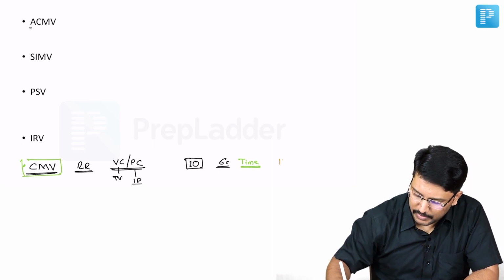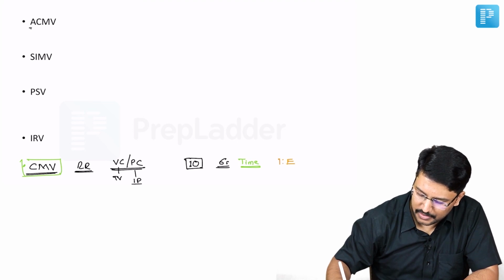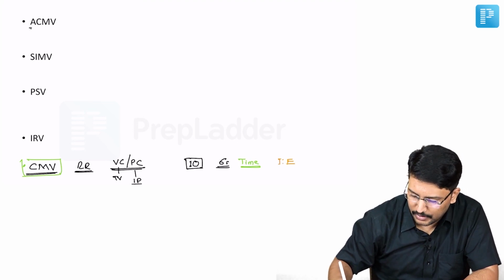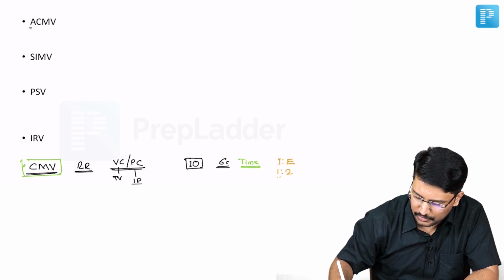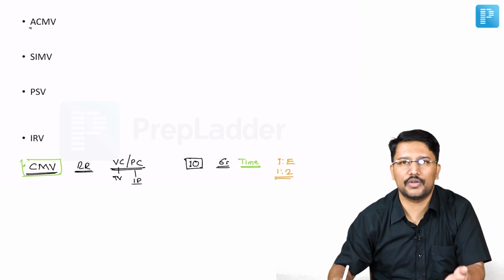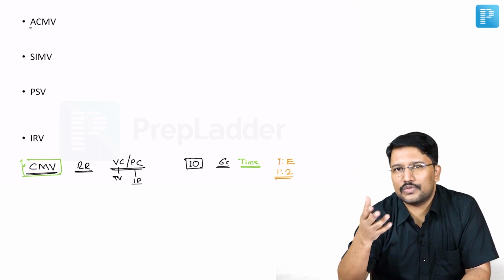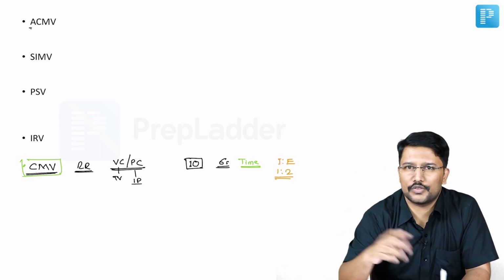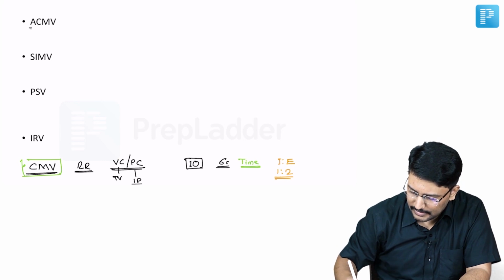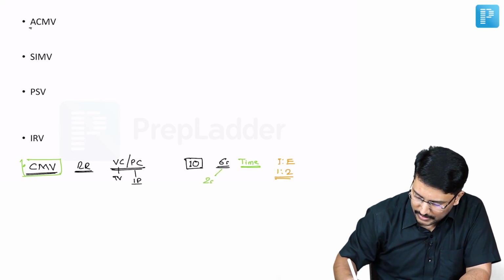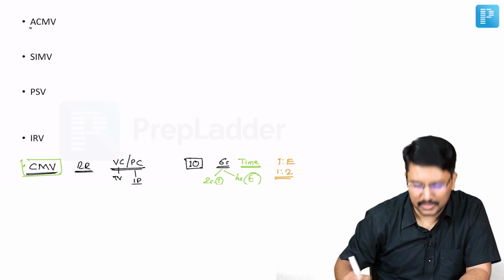Here also we have a flexibility with respect to inspiration and expiration ratio. So for example, if we have set an inspiration ratio of 1 and expiration of 2, which is a norm, right? We usually have an expiration longer than inspiration. So settings also go by that, 1:2 or 1:3 max. In that case, that means we have 2 seconds for inspiration and 4 seconds for expiration with each cycle.